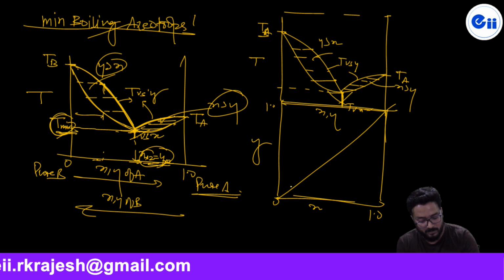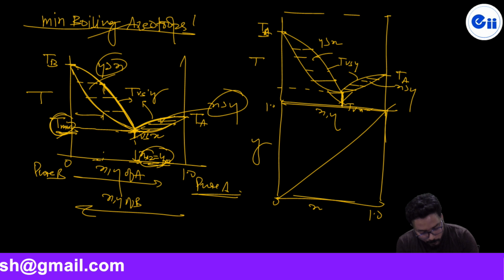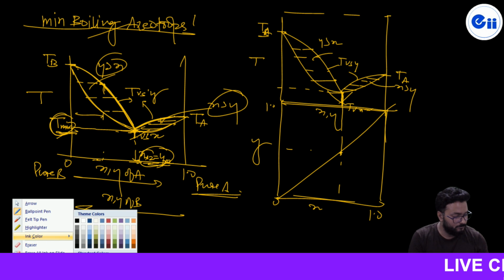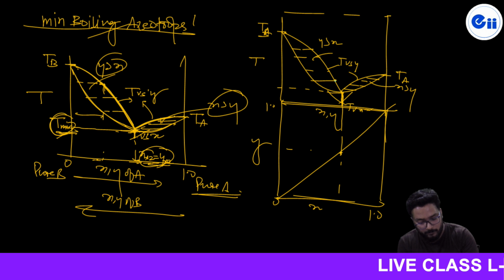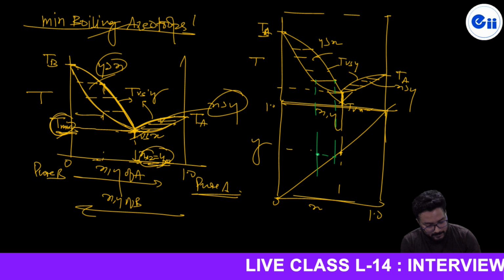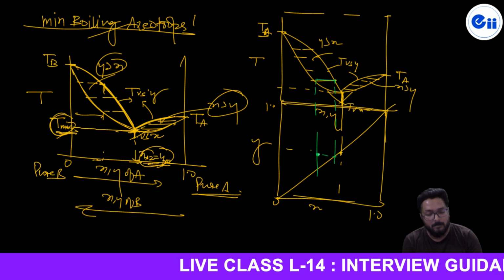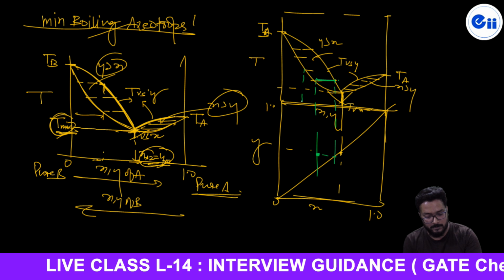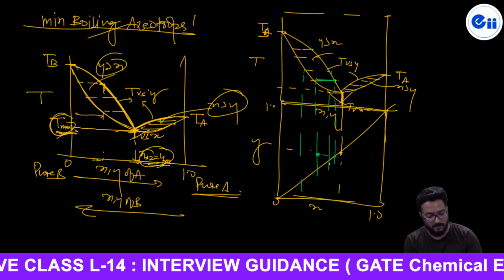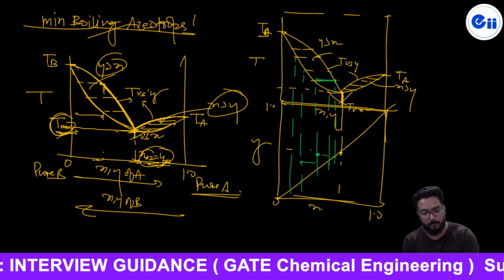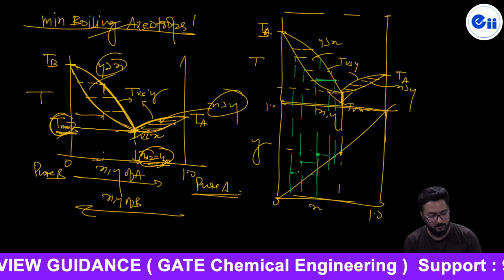How? Listen, my dear student, at this point what happened? x and y both are the same. But at this condition y is more than x, and if you project this tie line, y is more than x, then this is the point here. This tie line becomes a point because it is y, it is x, and on the y axis this tie line becomes a point. Similarly, if you project this one, and since y is more than x, it will be above the diagonal line here, like that.